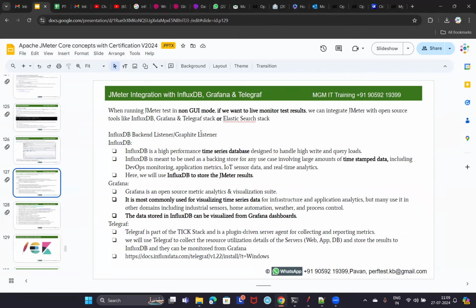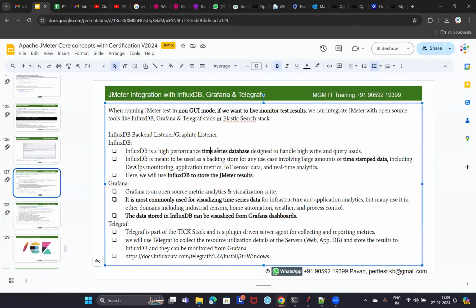As we also discussed, InfluxDB is a time series database, a high performance time series database to handle high write and query loads. And we are going to use InfluxDB to store the JMeter test results, isn't it? And then Grafana will be used for visualizing those test results, right? Now let's see how to integrate this,